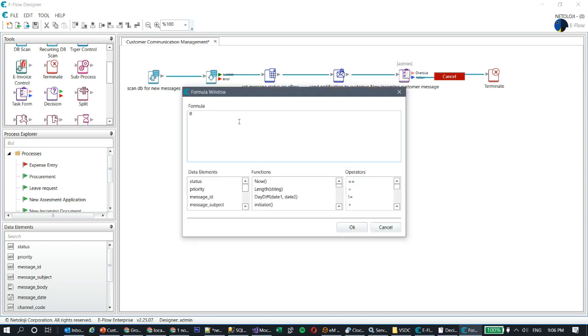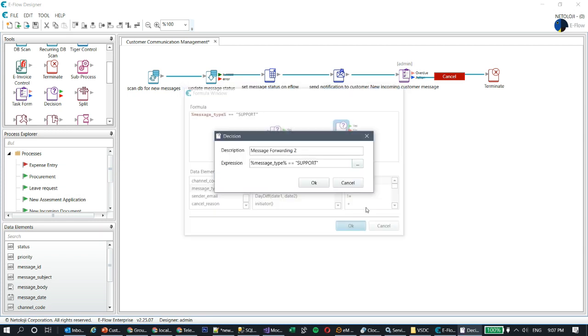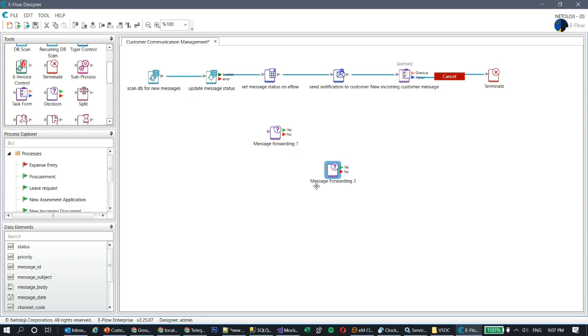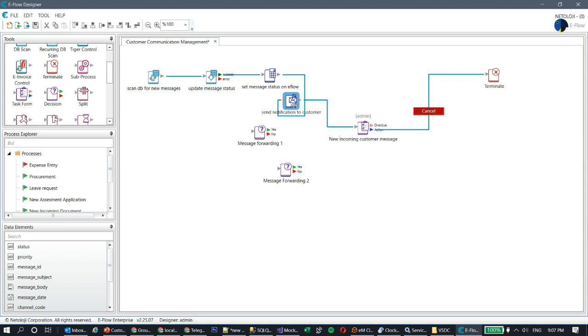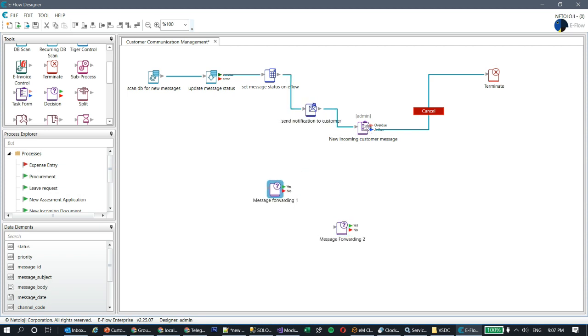I'm gonna check the message type again for, let's say, support, and I will have 3 task forms for each type of message. So I'm gonna make some space here so we don't get too tight there,